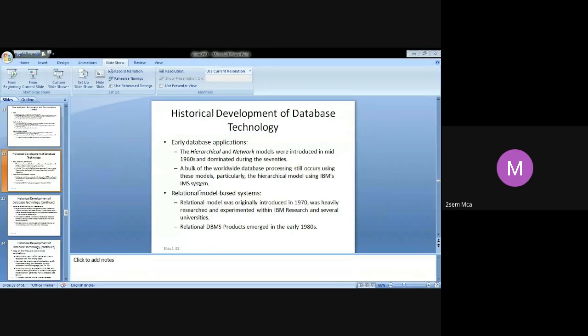So we started with early database applications. Initially we made use of hierarchical and network models, and it was generally done using programming languages. When I say programming languages, there was a lot of intermixing of conceptual concepts with the physical storage.